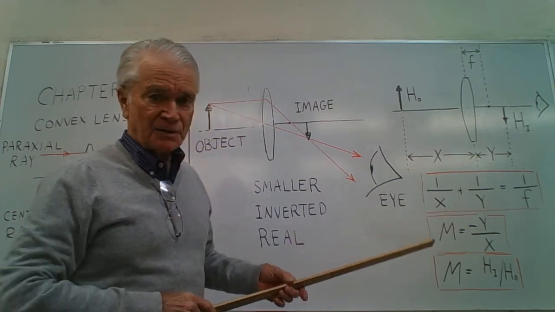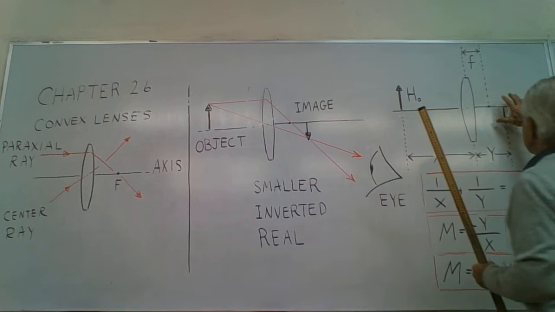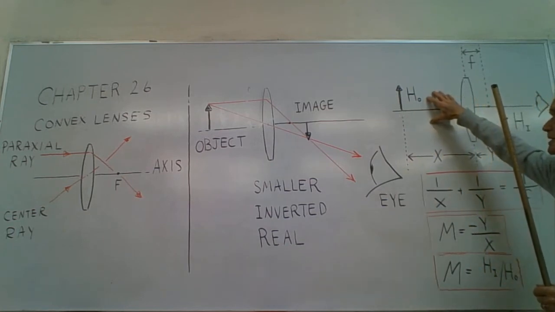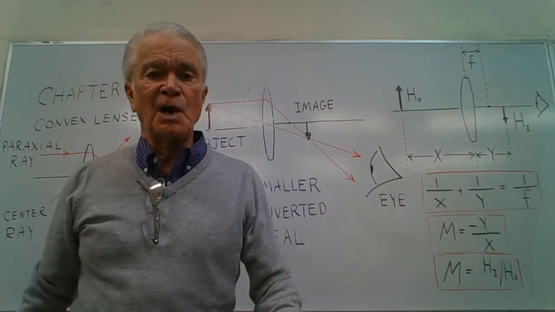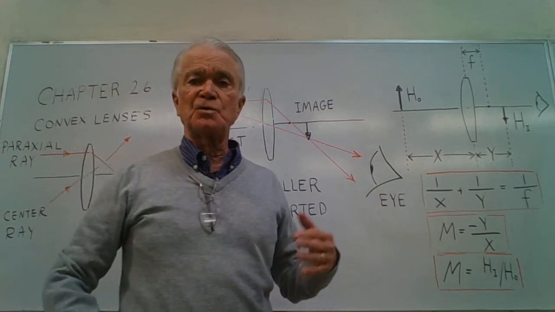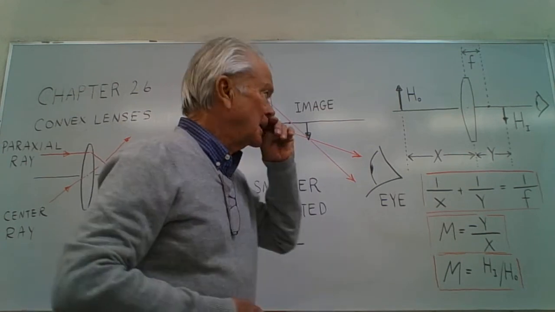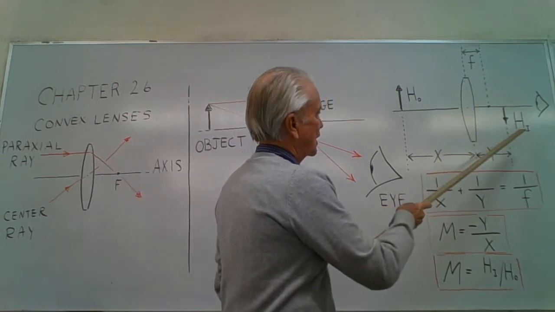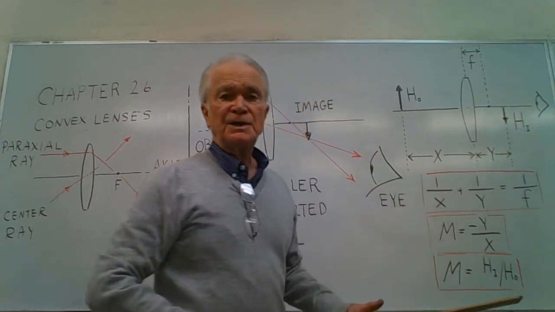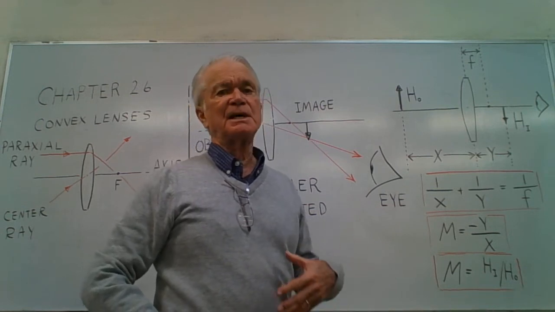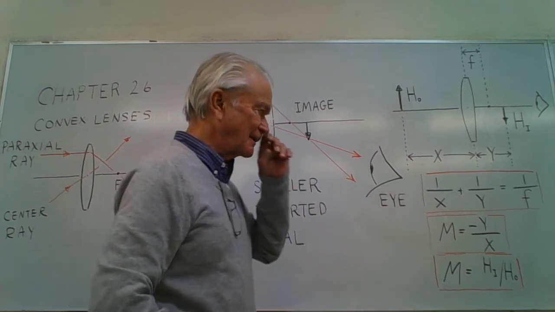If in another situation the image appeared on the other side of the lens, on the side of the lens that's not where the eye is, then in that case, as you will see in another example, y would be a negative number. So I'll state a rule now, maybe a couple of rules, and repeat them later. If the image is on the eye side, as is the case here, the image distance y is positive. I'll make that point over and over as we go forward, not in this particular part, however,